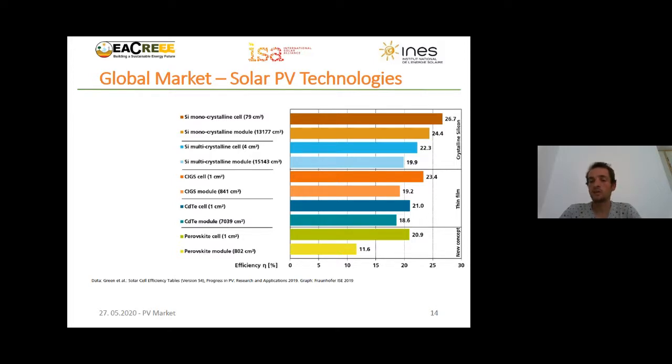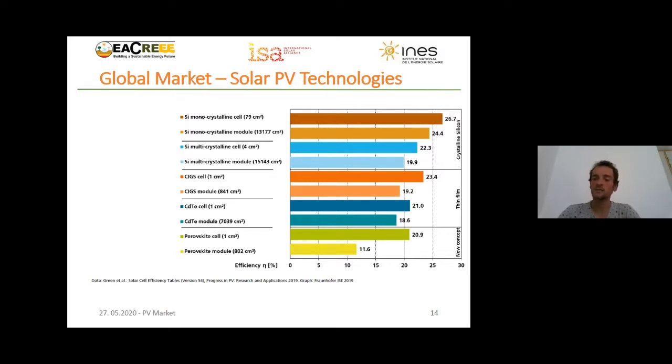These technologies have around 18 to 21% efficiency for industrial processes. The efficiency that you see on this graph from Fraunhofer is efficiency in the laboratory. So you have to decrease this efficiency when you go through the industrial process. So we are between 18 and 21% for crystalline silicon technologies.